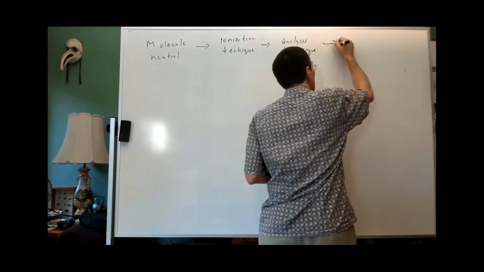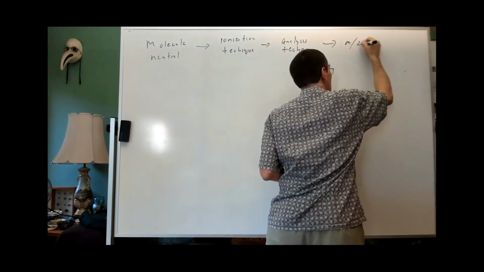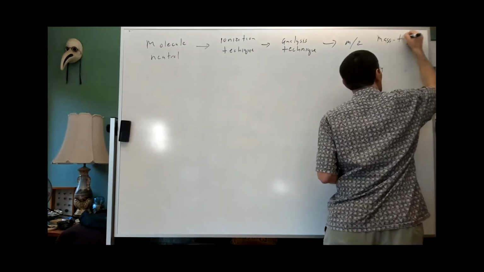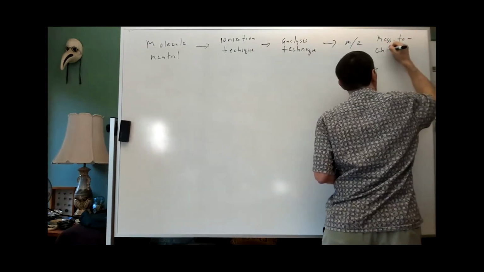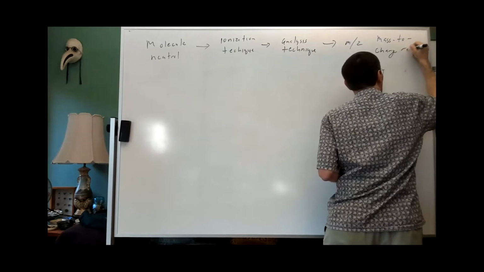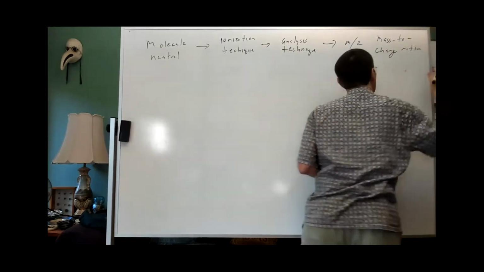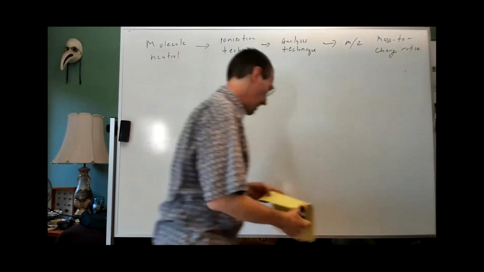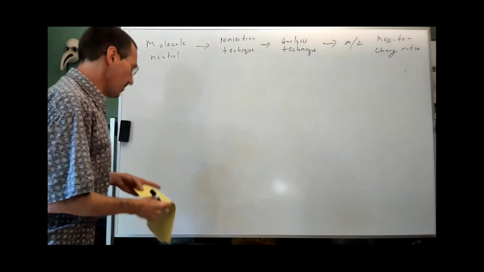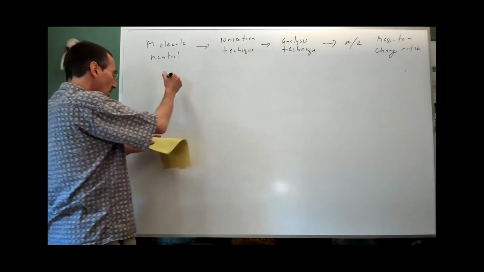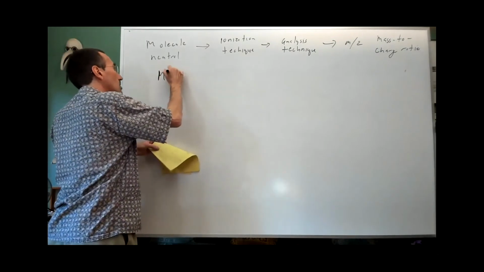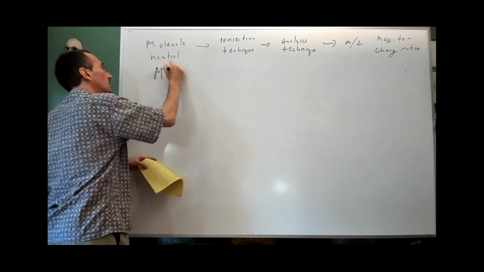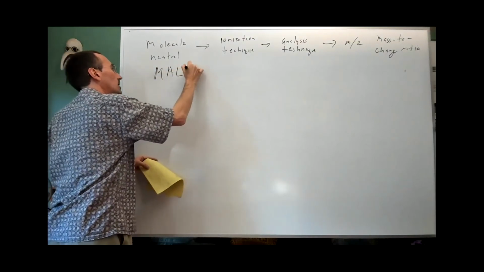And what's going to come out of this is the mass to charge ratio, m/z. And then you're off to interpret it. So for example, if you go ahead and do MALDI,